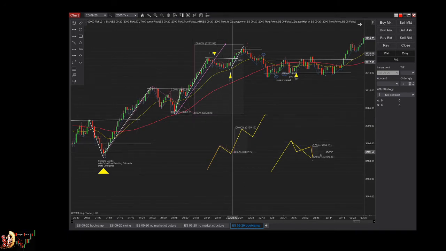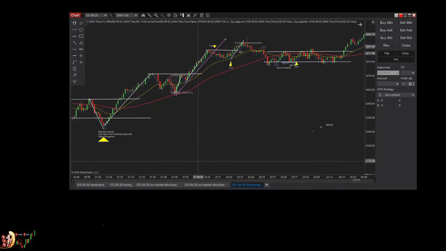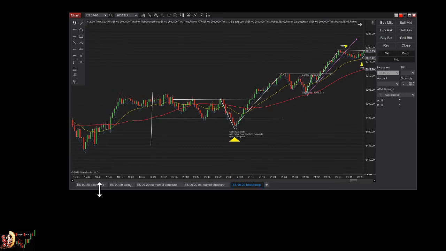Okay, so with that said, let's talk about the review itself, and what were the trades that I think were good. So I pointed out with a triangle the trades that I took live. So let's talk about those trades. Okay, so the first trade is this one.